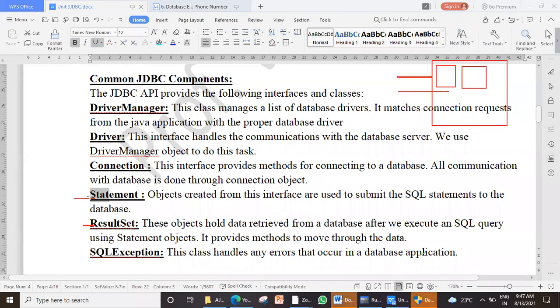If you don't use try and catch, it will not compile. Clear? And certain other situations Java handles on its own. Such exceptions which are checked at compile time are called checked exceptions. So here in database connectivity also, it will force you to use try and catch.